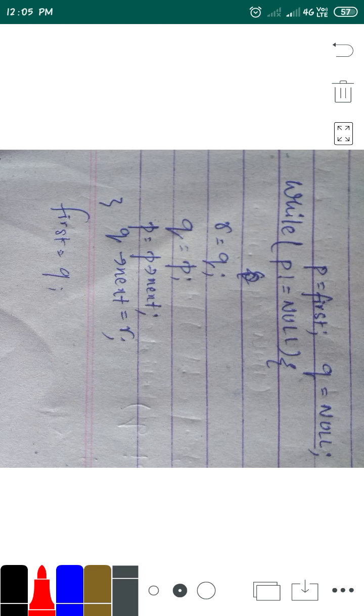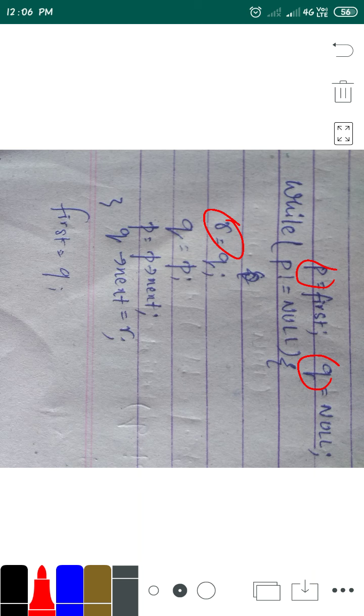Here we have taken three pointers, that is P, Q and R. What are these three pointers, and how can we use them to reverse the linked list? We will see.